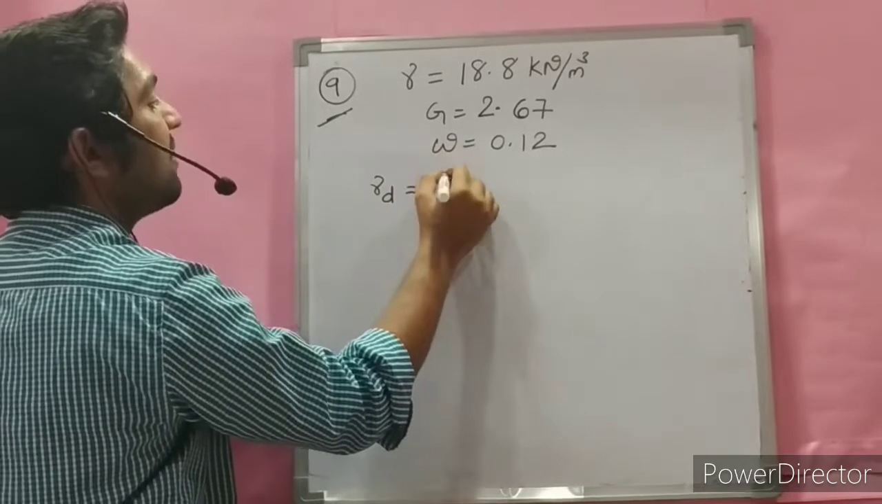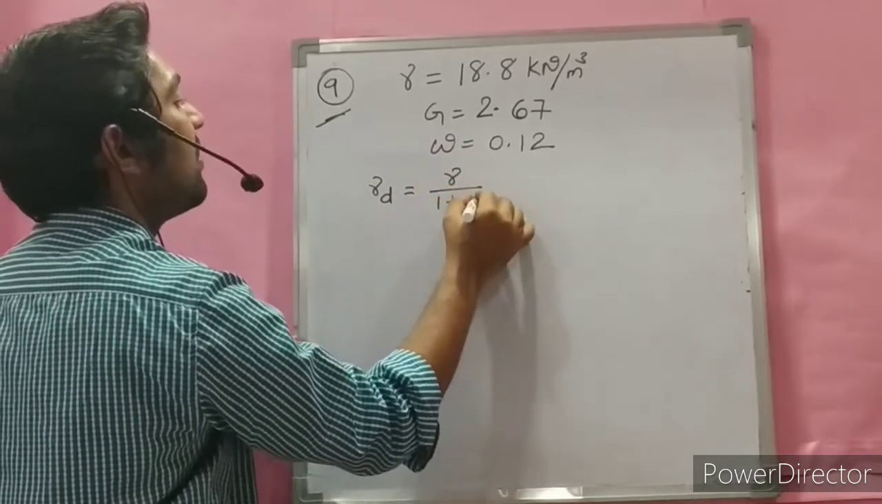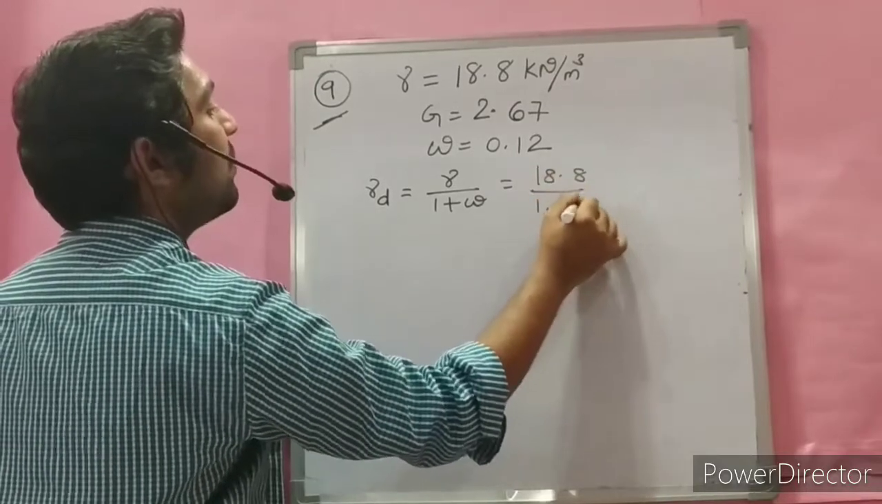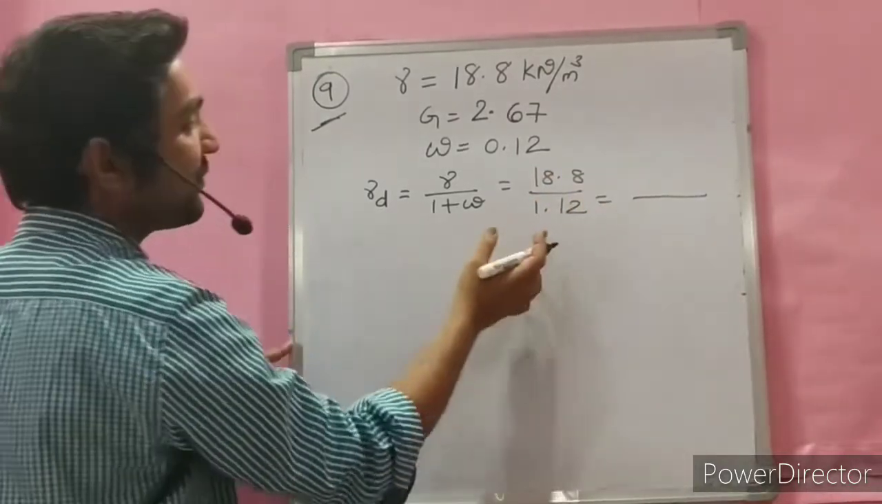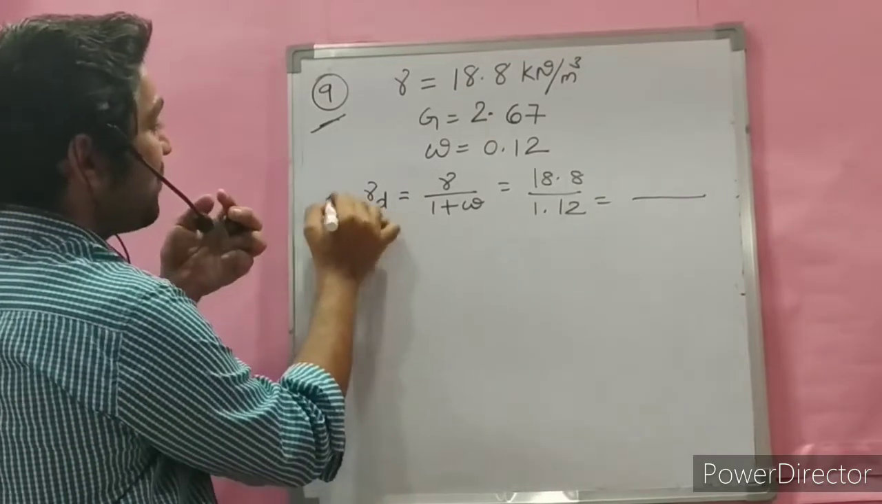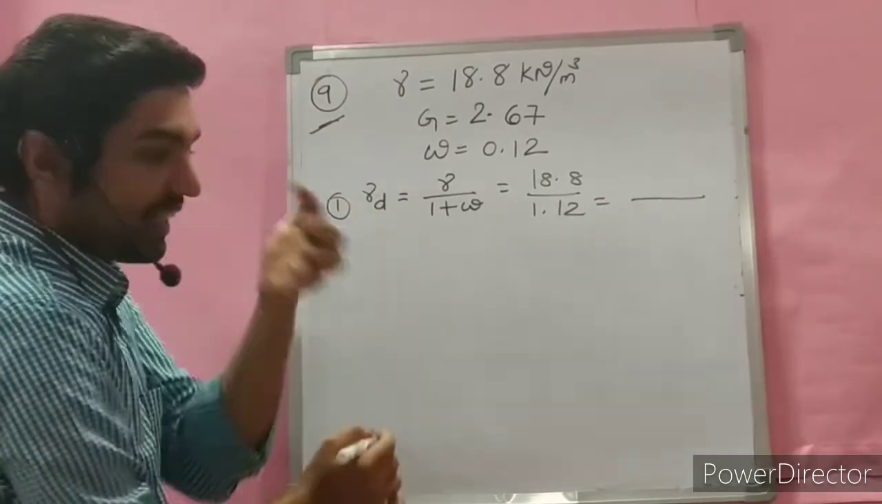Dry unit weight is equal to gamma D, which is gamma by 1 plus water content. How much? 18.8 by 1.12. I don't have the answer to this question, you can solve it. This is the first thing you need to calculate. Second one is